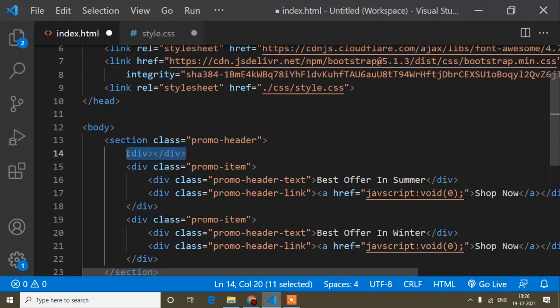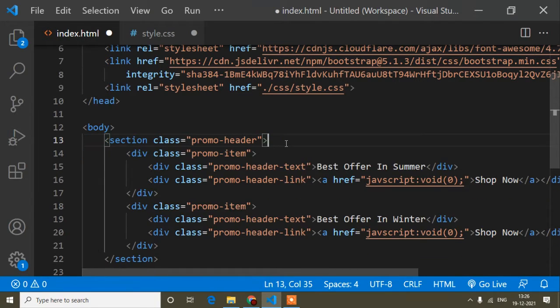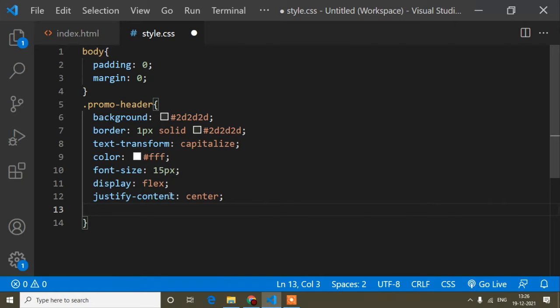That means for your code it will take another extra line. So that means your site will take a little more time for loading. That means your website performance is going down. So that's why I'm saying don't write any unnecessary tag or any unnecessary CSS.